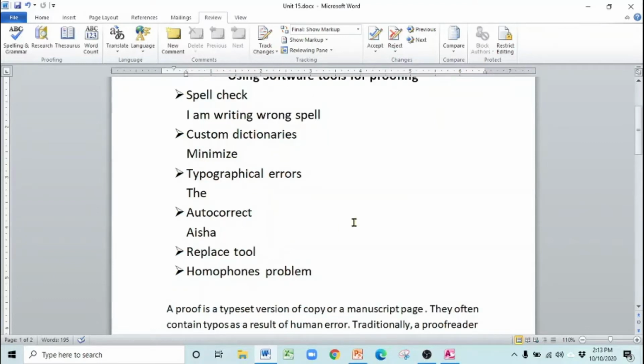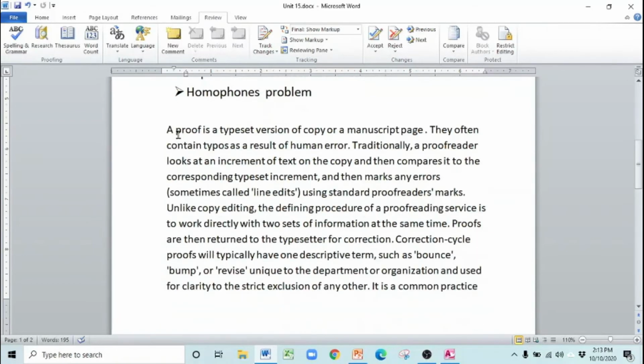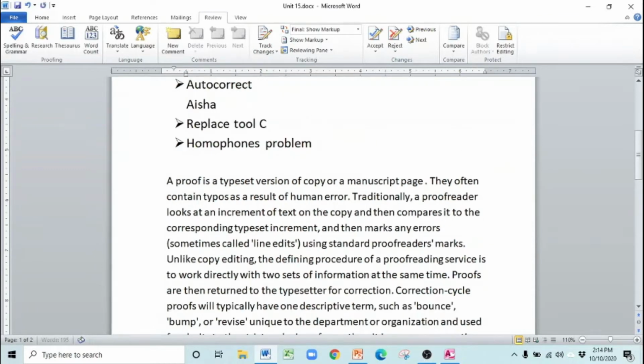Next is the replace tool. Replace tool means, for example, if you have written one word wrong throughout the whole document, and now you want to change it, suppose a name spelling or any other word, you can go for the replace option. Okay, suppose in this document it is written proof. I am just showing you how to do that. It is written proof. The shortcut for replace is Control plus H.